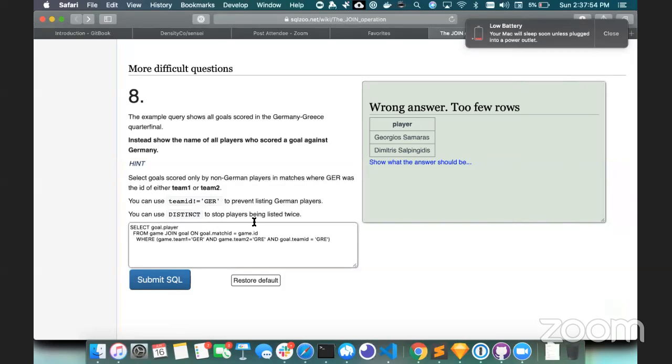You want to select goals scored by non-German players in matches where Germany is either team 1 or team 2. Okay, so these are players who scored against Germany in the Germany-Greece quarterfinal. We want players who scored against Germany in any game, right? No, just the Germany-Greece. The correct answer is